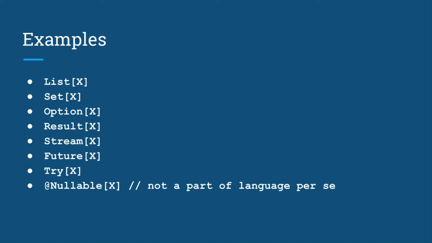Option. What's a unit for option? Some. What's flattening? If you have an option of options, you can either use flatten, or you can use flatMap with identity, or you can write a case match, empty or some, and then produce just one option. An option of option you can easily convert into a plain option. So I'll skip result, stream, future, all the things have that flattening.